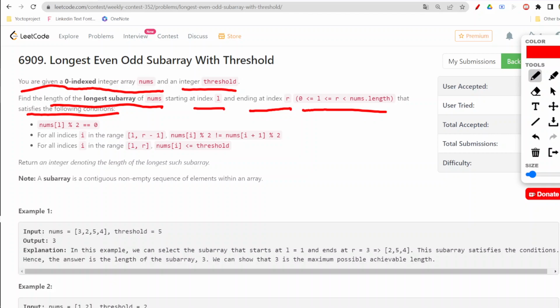Nums of L modulo 2 should be 0. That is, nums of L should be an even number. Then for all indices I in the range L up to R minus 1, nums of I modulo 2 should not be equal to nums of I plus 1 modulo 2. And then for all the indices I in the range L to R, nums of I should be less than